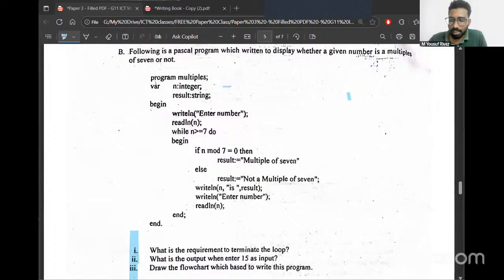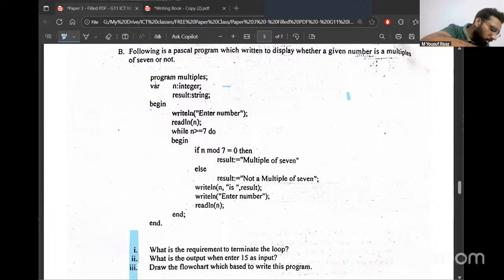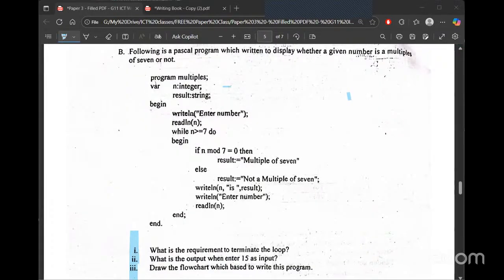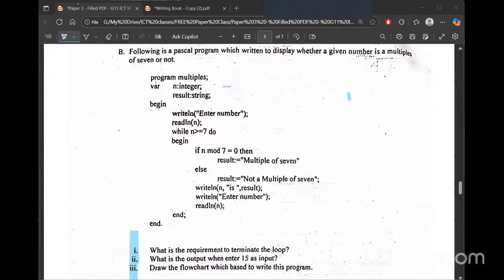Okay, I'll give you time until six. Do it. Where is my mouse?